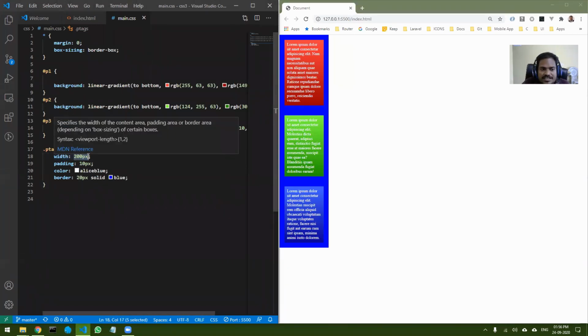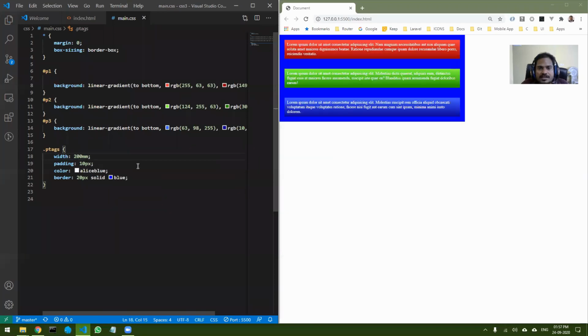The next dimensions I would like to show: we have seen pixels, we have seen percentages, and last time we have seen inches, points, centimeters, millimeters. All these things you can put over here. Basically you can do 20 mm. Let's select 200 mm, and you can see this becomes 200 mm width.